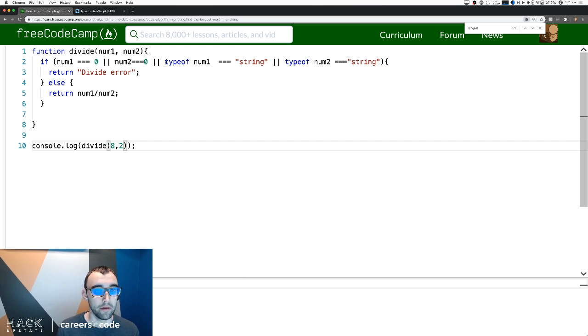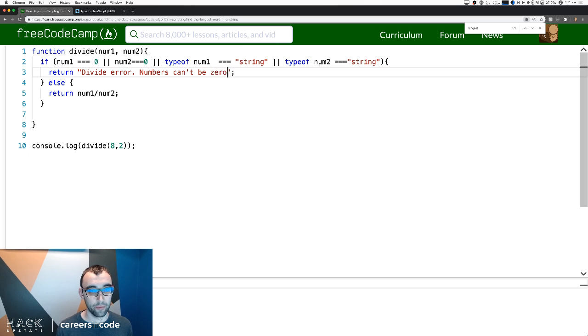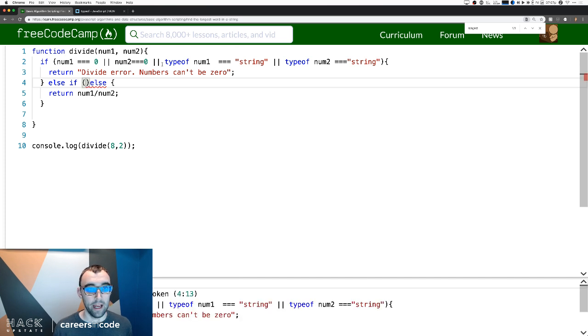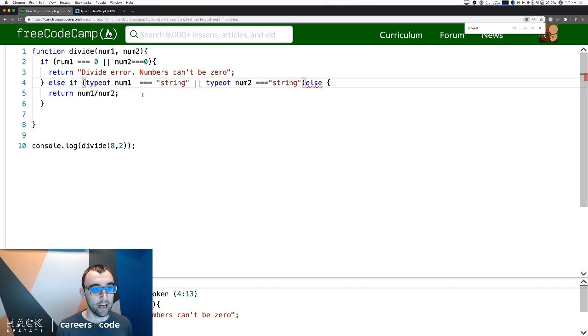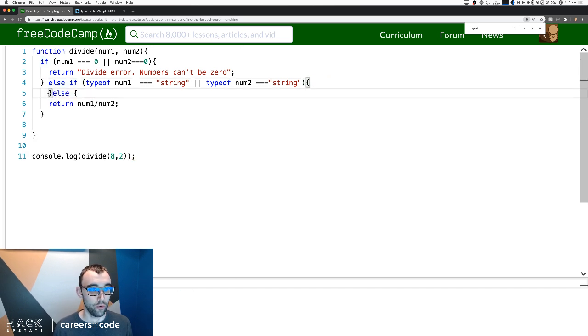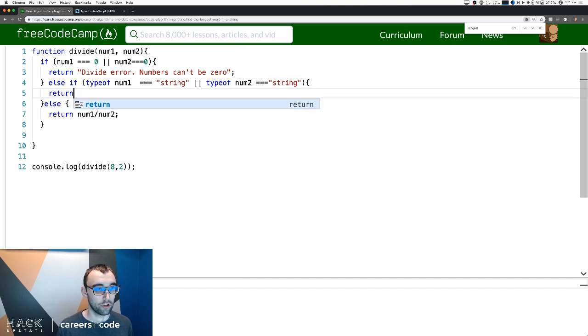All right, but this is fine, we get divide error, but sometimes it's better to be more specific. So let's go in here and say divide error, numbers can't be 0. And then we're going to do an else if. We're going to take all of this code in here, and say else if type of num1 equals string or type of num2 is string. Now let's do a new else if and say return divide error again, so we know where the error is